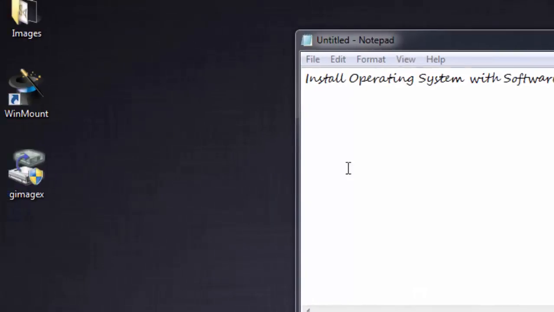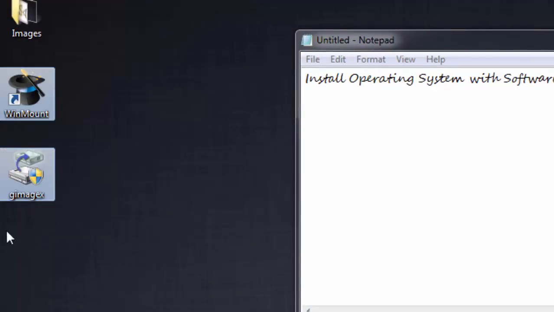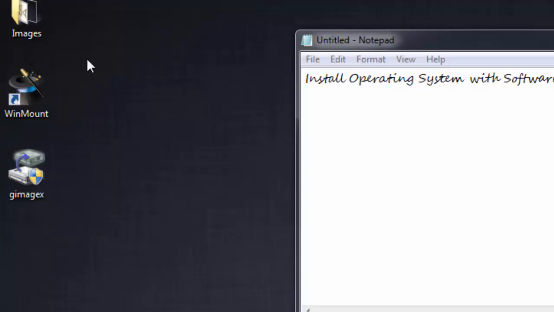For this purpose, you should have two software tools, namely WIM Mount and GImageX. I'll provide the download links in the description. So you should have these two softwares. Okay. Now